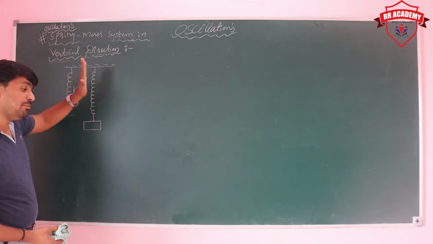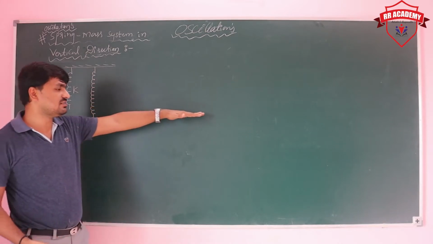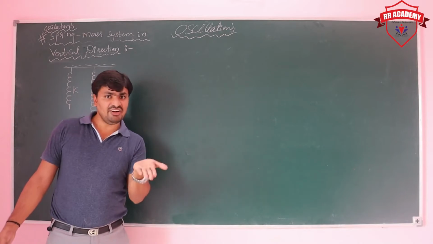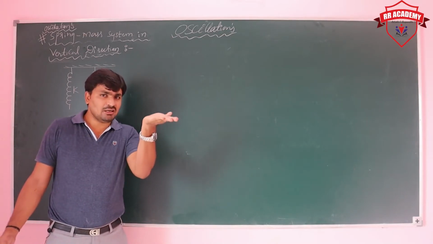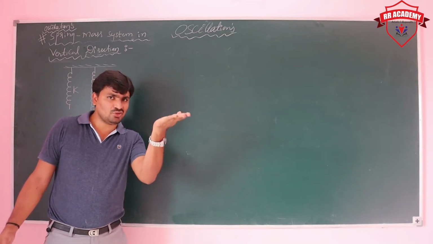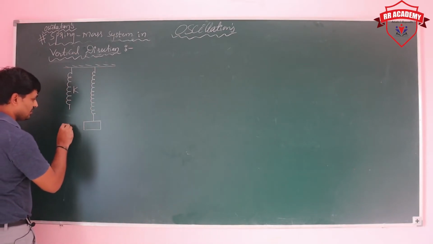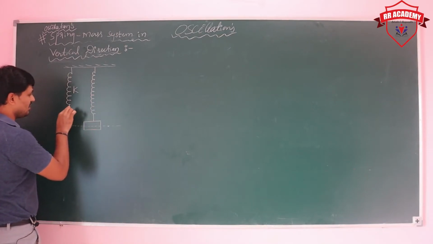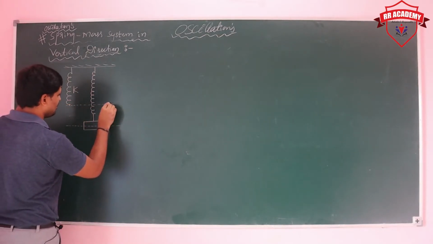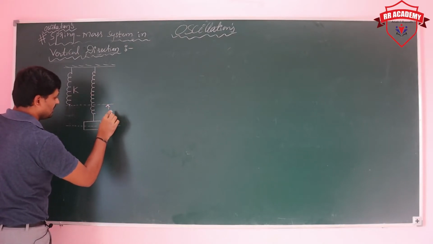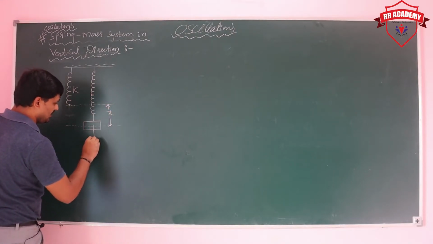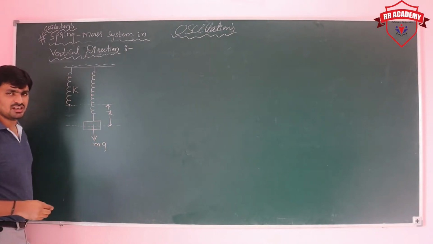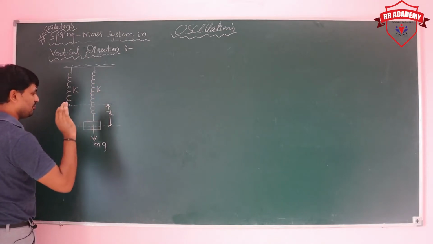In the previous condition the spring was on a horizontal surface, so gravity did not play any role. But here gravity plays some role. So the mass extends the spring to some point, and this is the extension due to its own weight. We name it simply mg if you are considering the weight, and this is the spring constant, with no change in that.